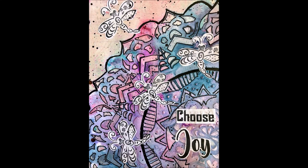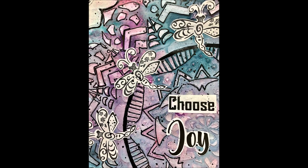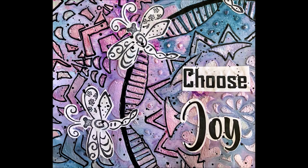Here's close-ups of the finished page. Again, it was very difficult to photograph them and get them true to color. This one's probably the closest. Love the colors, love the iridescence, the watercolor look, love the contrast. It was a bit of a journey, but well worth